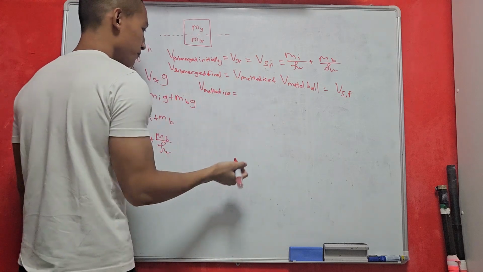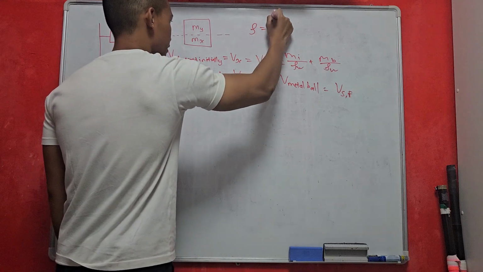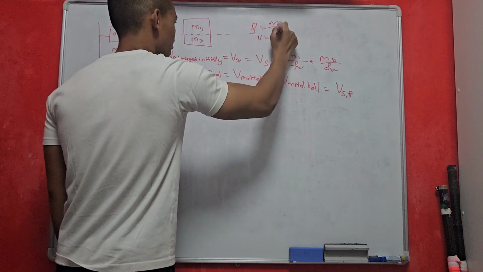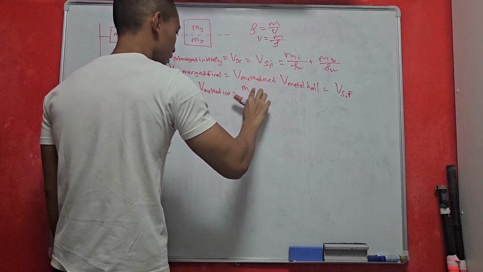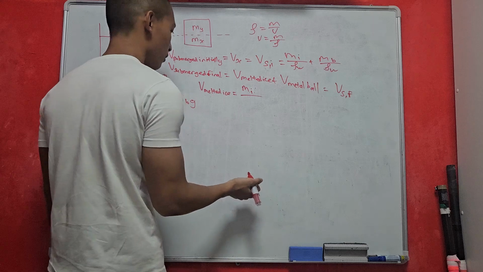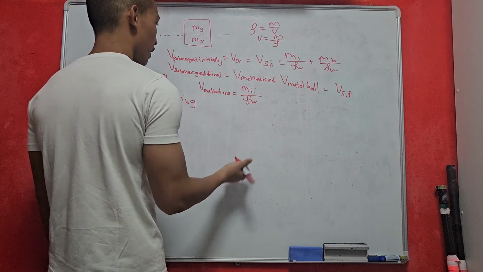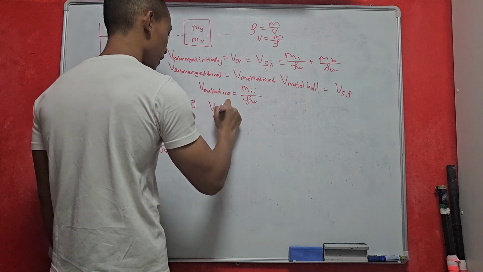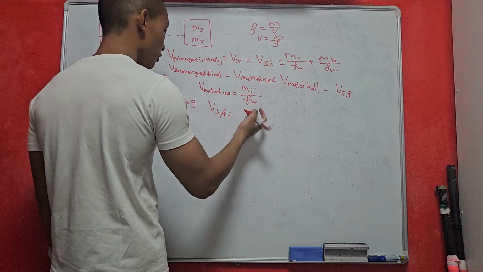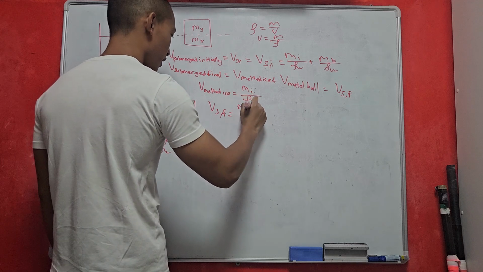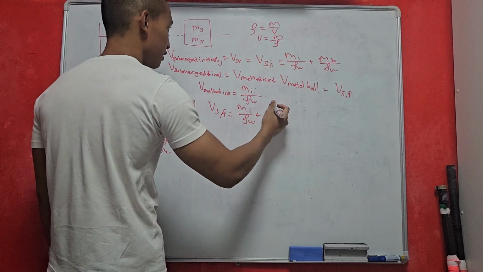Now, we can also take note that the volume of the melted ice is just equal to, remember density is equal to mass over volume, so volume is equal to mass over density. And this is just the mass of the melted ice, mi, over the density of water. And therefore I can say that Vs,F is equal to the volume of the melted ice, which is mi over rho w, plus the volume of the metal ball,